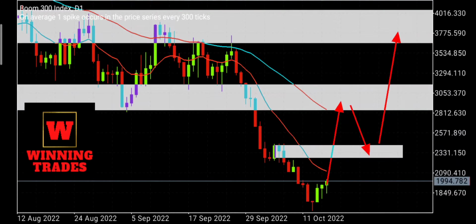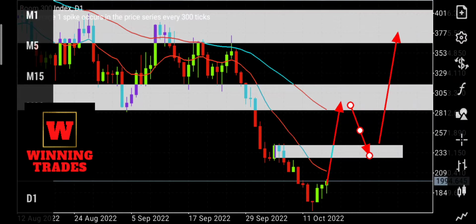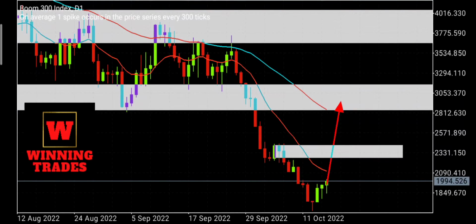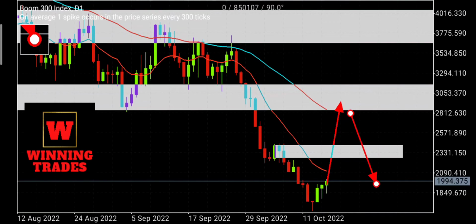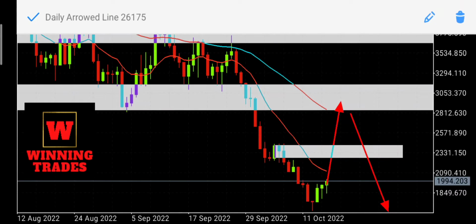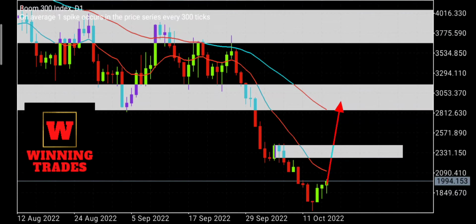Also, price may decide to come here and then decide to sell all the way down to a double bottom and probably even go create new lows, and that's another option there. Okay, but for me, majorly this week,